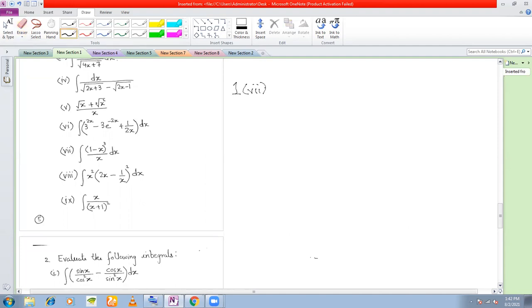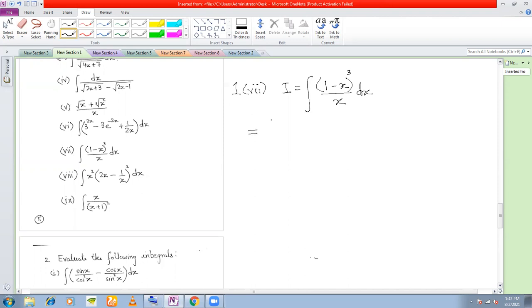Question 7. I is equal to integral 1 minus x whole cube divided by x dx. Now, whenever you get this kind of integration, where the degree of the numerator is higher than the degree of the denominator, you will divide. Understood? Remember this integral, this is a very important integral because we'll be doing this kind of an integral later on also. What is the degree in the numerator here? Degree in the numerator here is 3. Degree in the denominator here is 1.